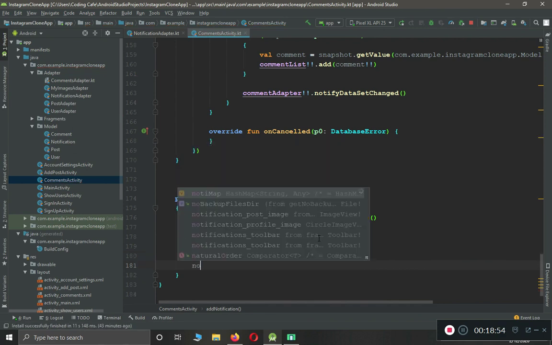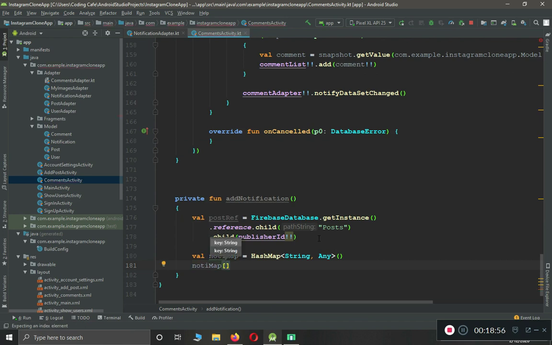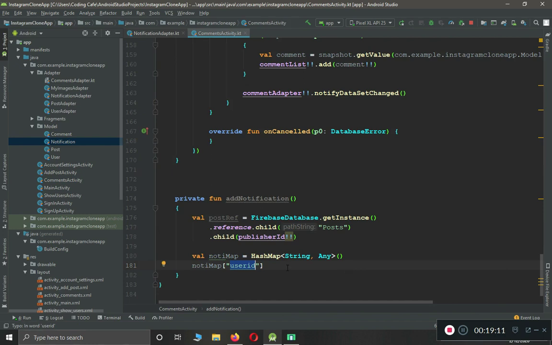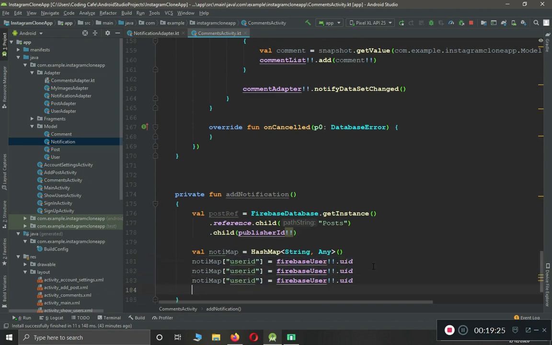In the notification map, the first thing that we will save is the user ID. Make sure to use the same IDs, because we have already used them in our notification model class. I already told you guys to use the same IDs so that you don't get confused. So, FirebaseUser dot uid. The second one will be the text. Let's copy this. We have another child that we are storing in the database, and it will be "commented: "